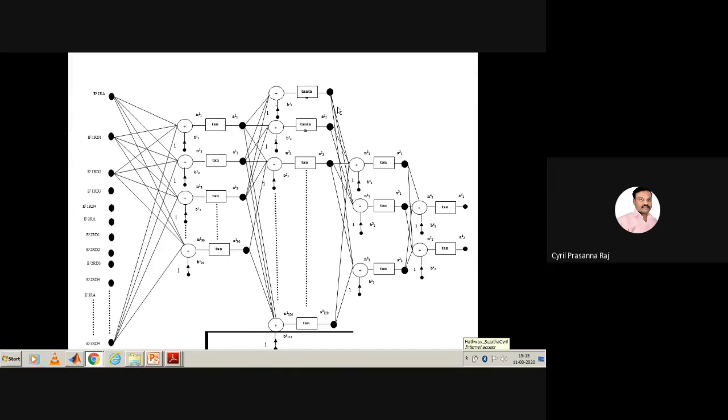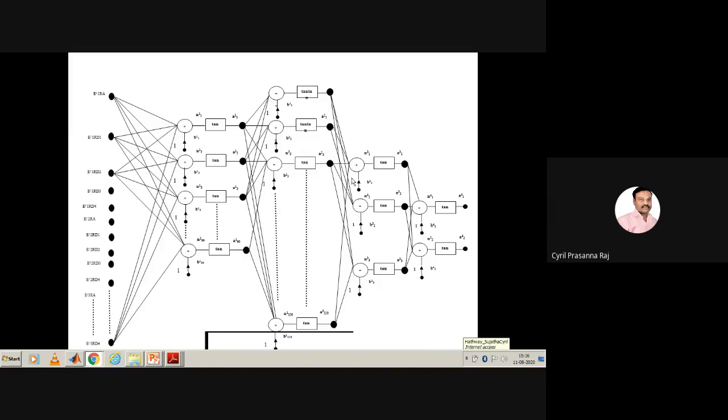Then what is being done in this structure is I'm taking all the 90 outputs and giving them to another set of neurons. That will be my second hidden layer, where I'm denoting the outputs as 1, 2, 3, and you can see there are N1 120 or A1 120. That means there are 120 neurons in the second hidden layer. In the first hidden layer, there are 90 neurons. In the second hidden layer, there are 120 neurons. And the outputs of all the 90 neurons are processed by each of the neurons in the second hidden layer, and then you produce 120 outputs.